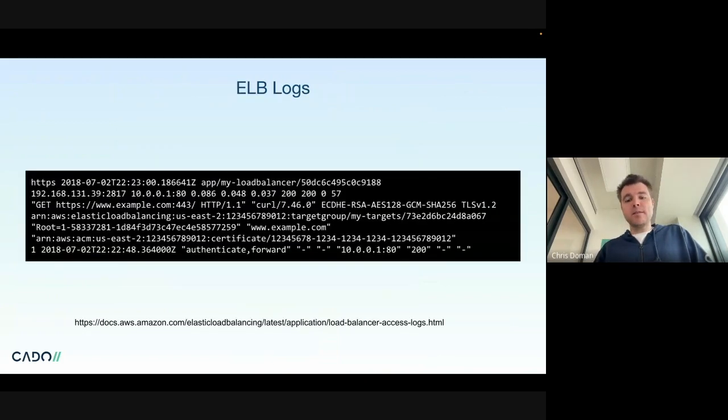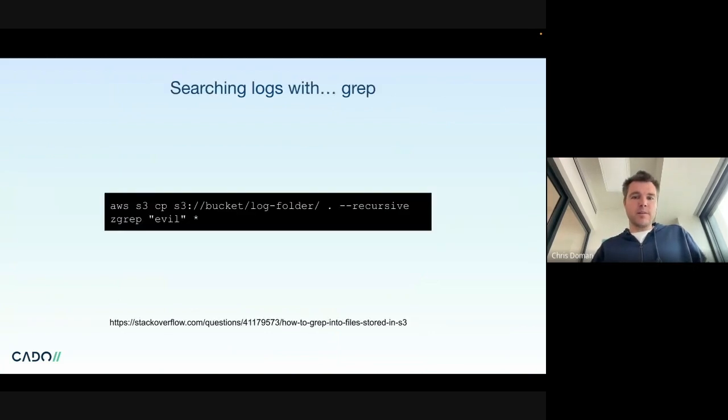Also things like the load balancer logs. I showed you some screenshots before, but you can get pretty detailed information out here. I think we're going to show you how you query this as well. Oh yeah, the other option, of course, in terms of pulling things from S3, whether it be something like a load balancer log or something else, is that you can just pull it locally, and then you can just grep that data. You can use zgrep if it's gz compressed.